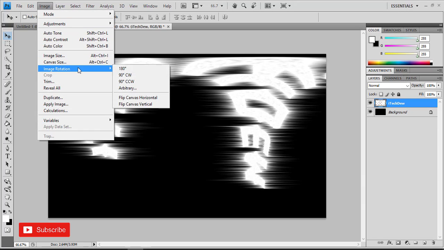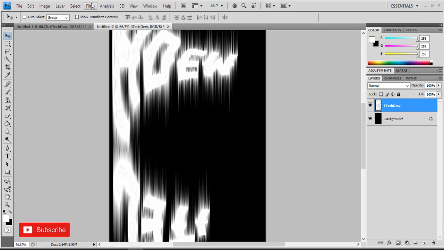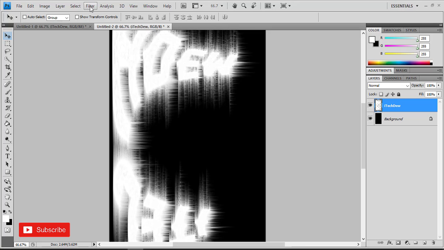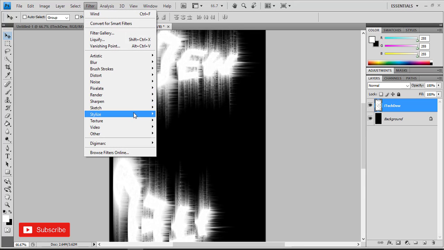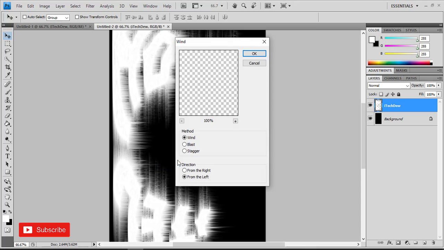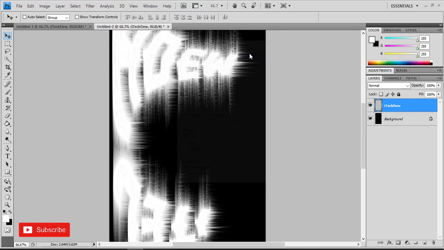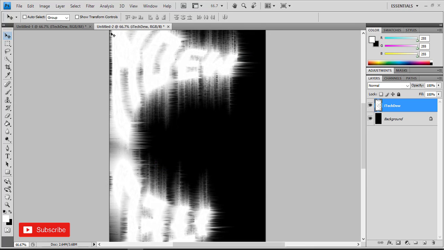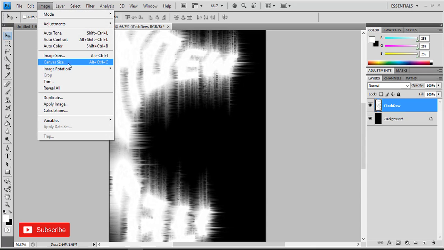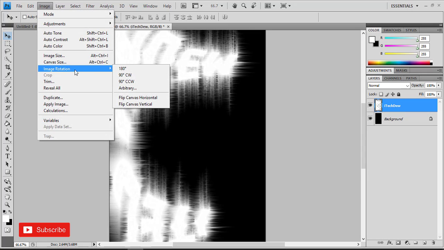Image rotation, this one, filter, wind, press Ctrl F, filter, stylize, wind from the right, okay, press Ctrl F from the keyboard, image rotation,